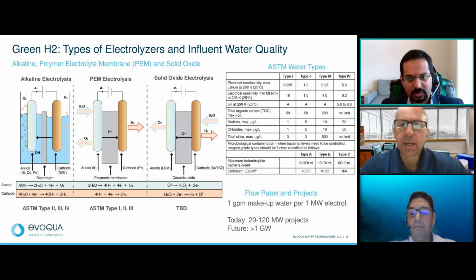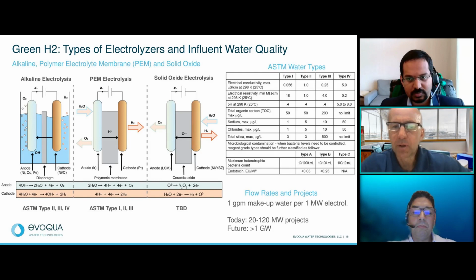All right, we'll take another one. And so I think if I'm reading this right, the question is, does the continuous electrodialysis risk potentially introducing chlorine or sodium ions in the electrolyzer feed water, and therefore introducing a potential impurity in the hydrogen? No, I wouldn't think that would be the case, because